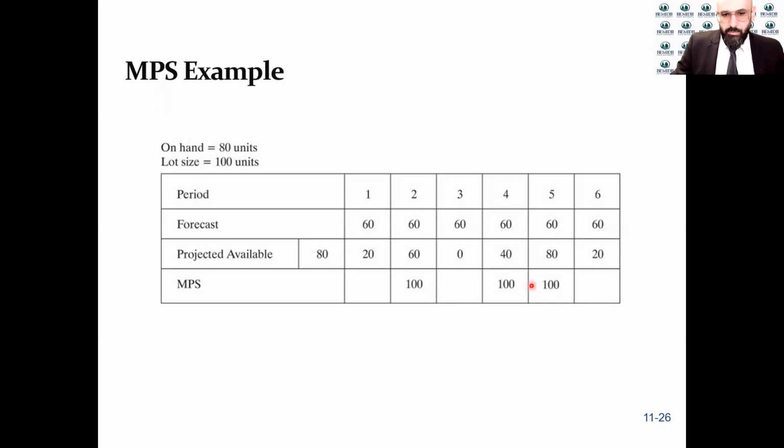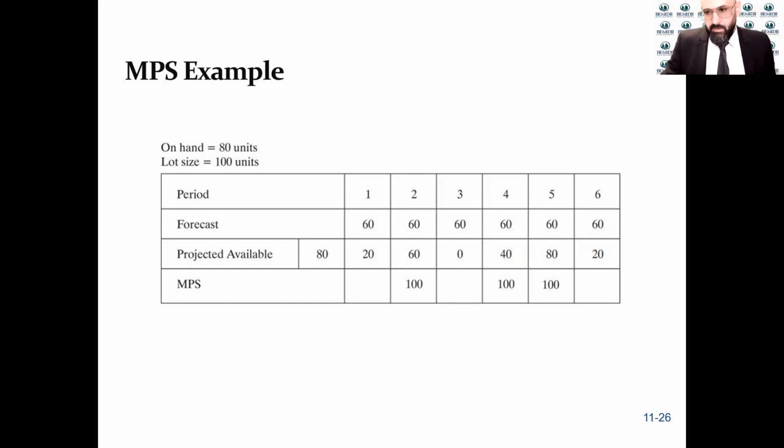Total production or units we have is 140. Take away 60, send it to the customer. That will leave you with 80 units available by the end of period 5. And then on period 6, we need 60 to send to the customer, and that would leave you with